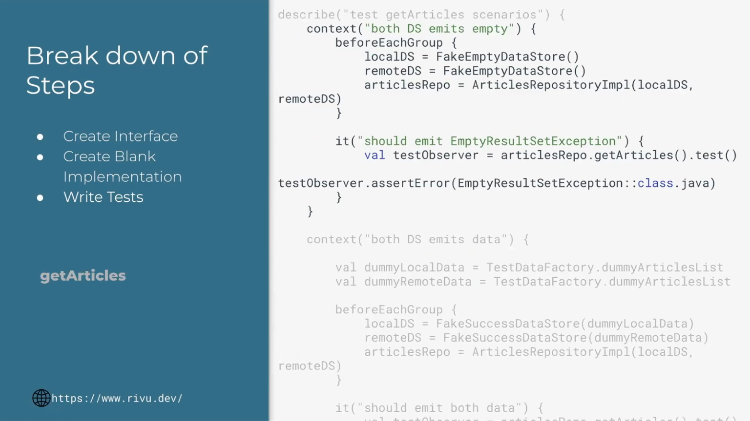As you can see in the describe, I have written test get article scenarios. And here I have written two groups of tests. First one is where both the data stores emit data. So what should happen then? If both the data stores emit data, it should first